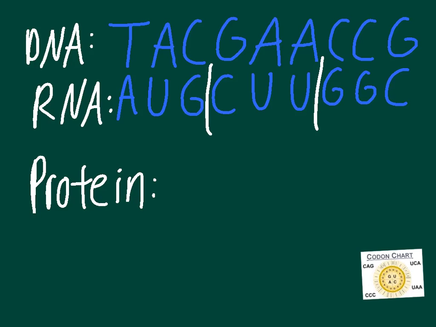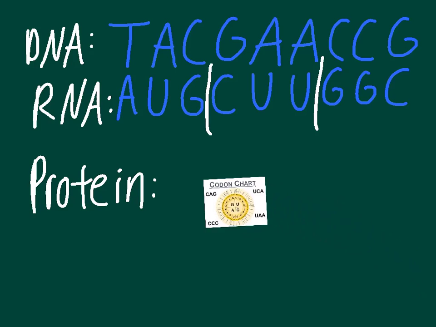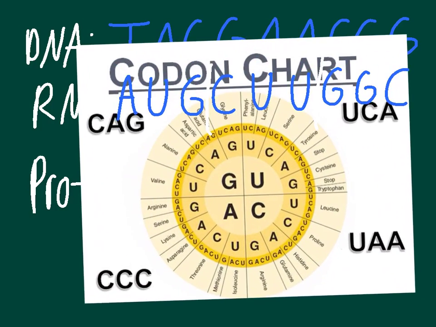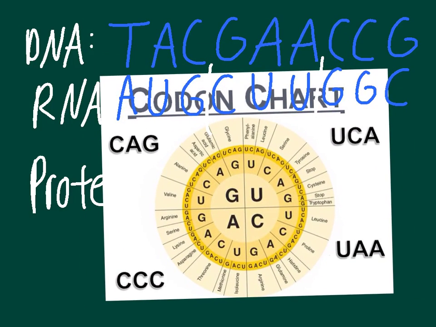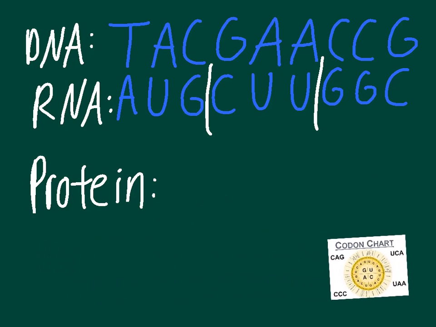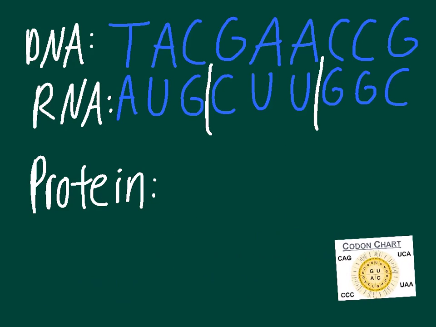So this is where you have to go to your codon chart to really figure out what these things are telling you. AUG is the first one. So if we blow this up, we'll follow it. If you remember, this is how the other one started, because all of the proteins in your body start this way. AUG stands for methionine. When you're writing these things in, the acceptable convention is just to write down the first 3 letters. So methionine would be MET. So then we've got our next one,